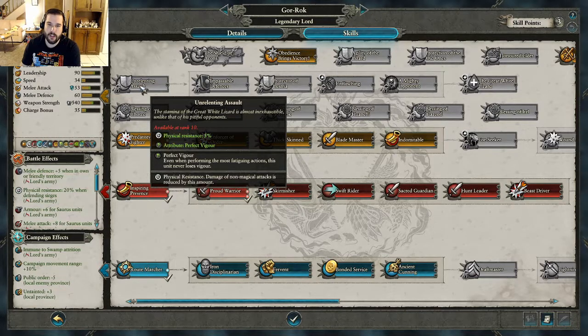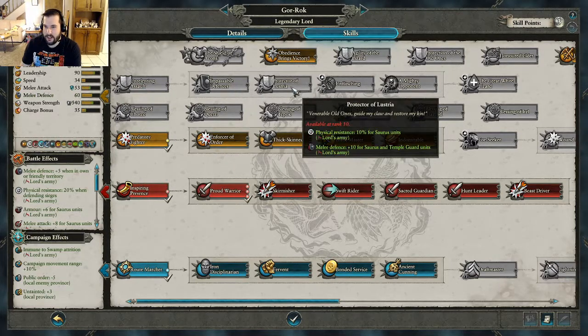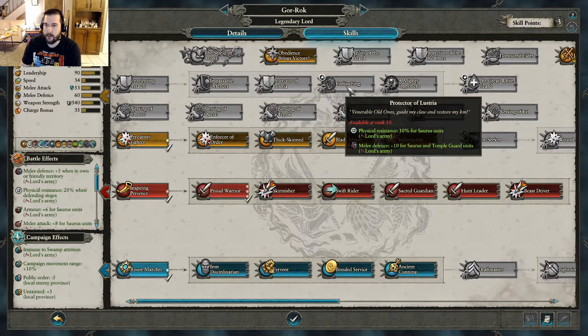But as I said, this one gives him perfect vigor, so he never gets tired. Physical resistance. This one gives him some extra melee defense, magic resistance. This one's really good if you continue to keep source units in the army, which I'm planning on doing. Physical resistance 10% for them, and melee defense. Unflinching is